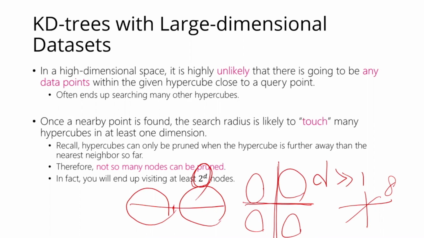So you can easily see that if you have a large dimensional data set, you're going to have an issue. When I say large, I'm not even talking about 100,000. When D is bigger than 100, you already see the problems of KD trees. When D is large, typically larger than 5 or 6 dimensions, KD tree is probably not the best method that you're looking for. And because of that, we introduced this concept of